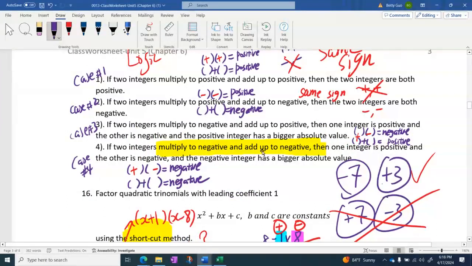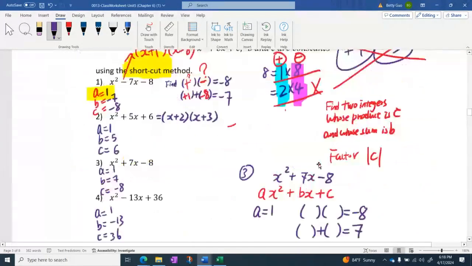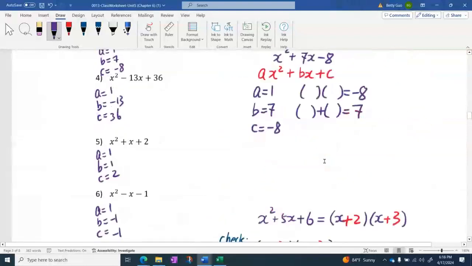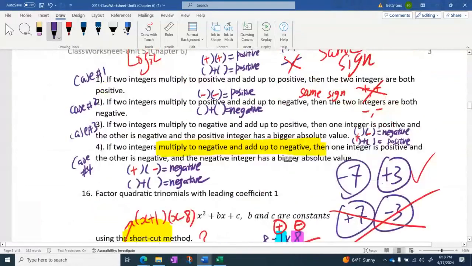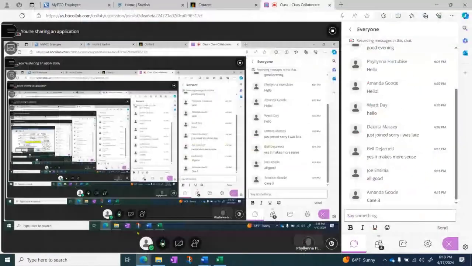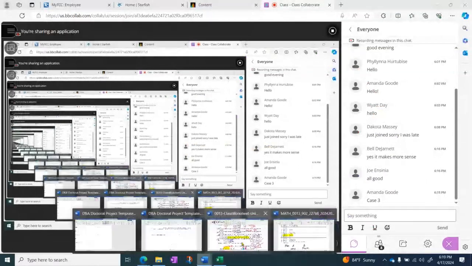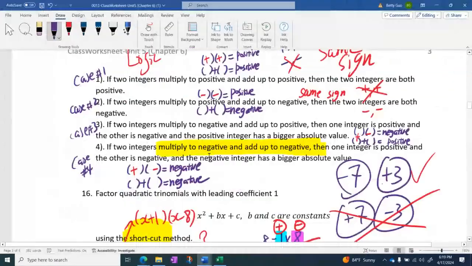Look at the four cases. Which one is the one where the two integers multiply to negative and add up to positive? Multiply to negative, add up to positive. Is it case number 3, right? Yeah, exactly. Thank you, Amanda. Case number 3. That means if two integers multiply to negative and add up to positive,